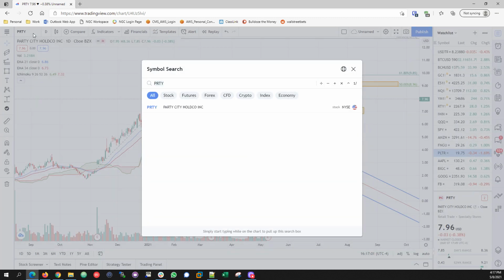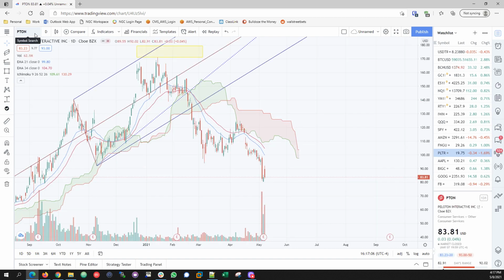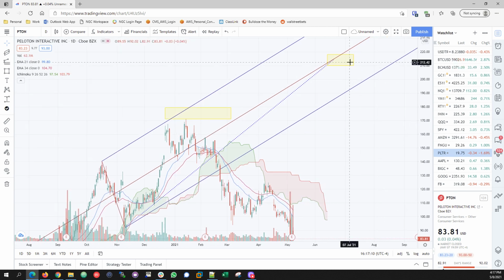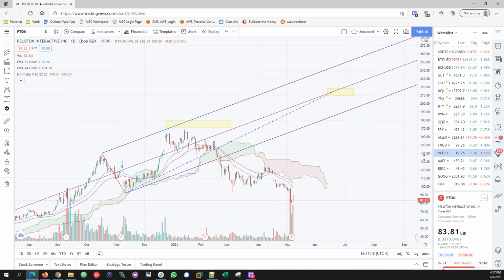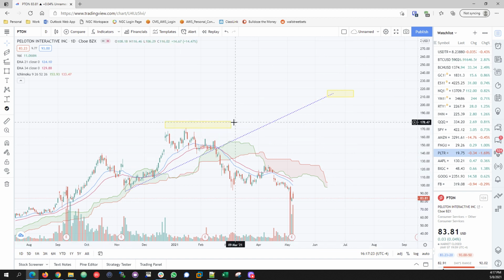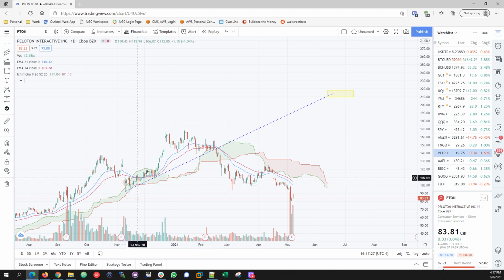Next up is Peloton. Now, I have never heard of a treadmill that causes death. It did reach our target here, and then I really failed on this one. I thought that we were flagging, and in the long run by summertime we're going to hit 200. I failed. Okay, so let's indicate that. After me saying that I failed, I was spot on with the first target, by the way. When it was here, I did tell everybody that it'll go to 160. I did do that one, but I most definitely failed the second one.